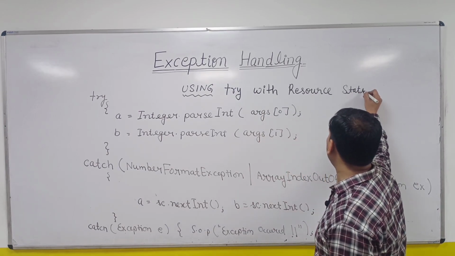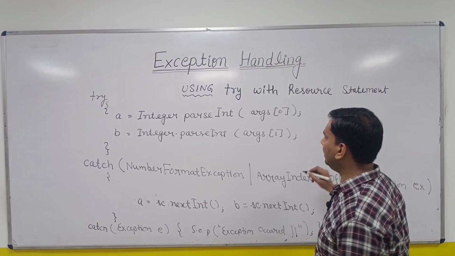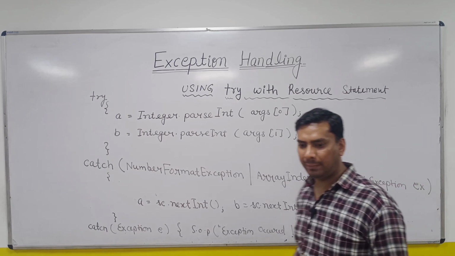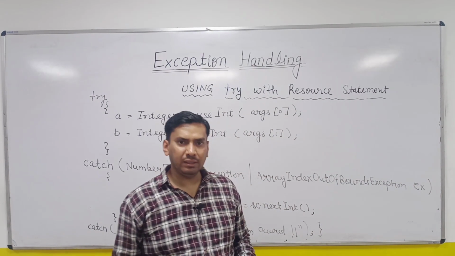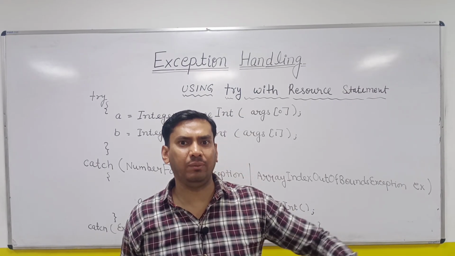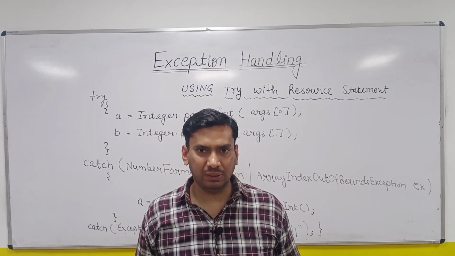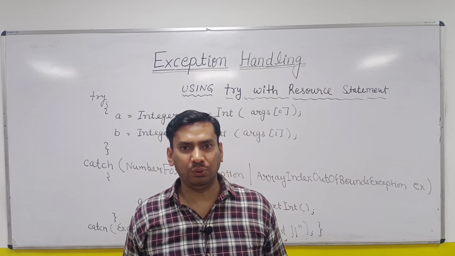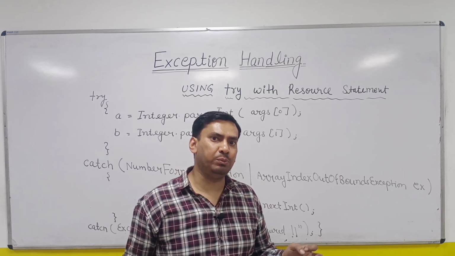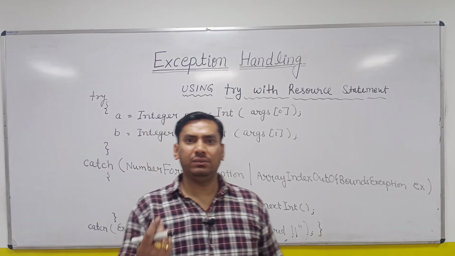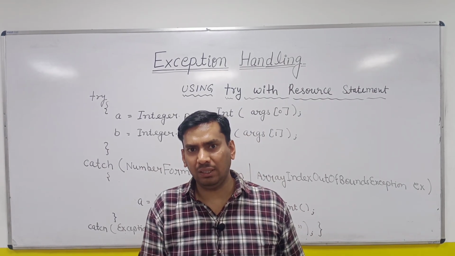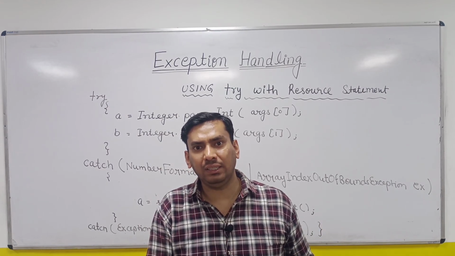A resource is generally something which is mandatory to be closed, right? Any resource is something that you feel must be closed after use. Like in real life you have a water tap. A water tap is a resource. You need to close it once it is used, right? The same thing, a resource in programming is anything which is supposed to be closed after use. Like the first thing you can say is you have opened some file, you have completed the write operation, now it's your responsibility to close the file.